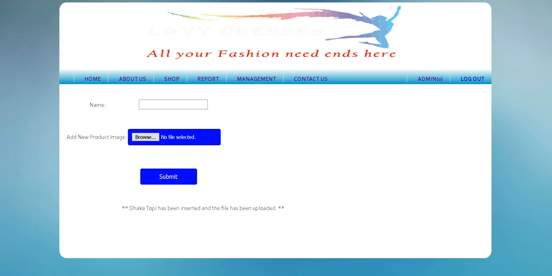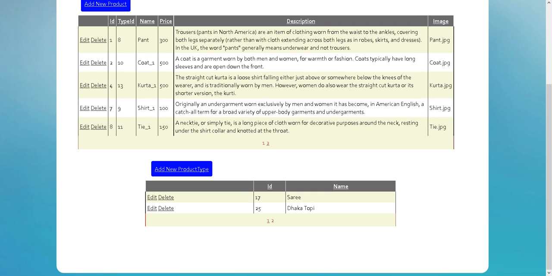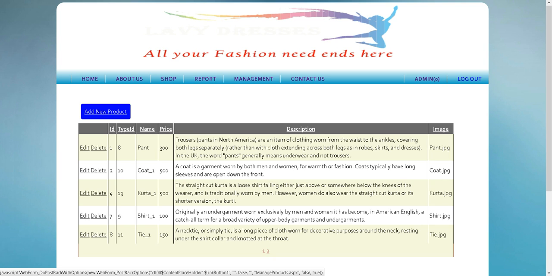You can see Dhaka Topi has been inserted and the file has been uploaded. And once we go to management page, we can see the product type Dhaka Topi has been added. Once we add the product type Dhaka Topi, we can add the product